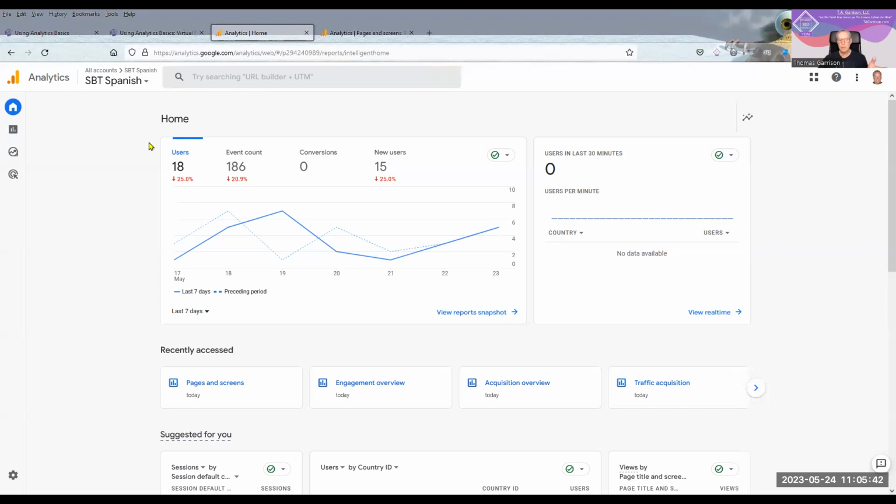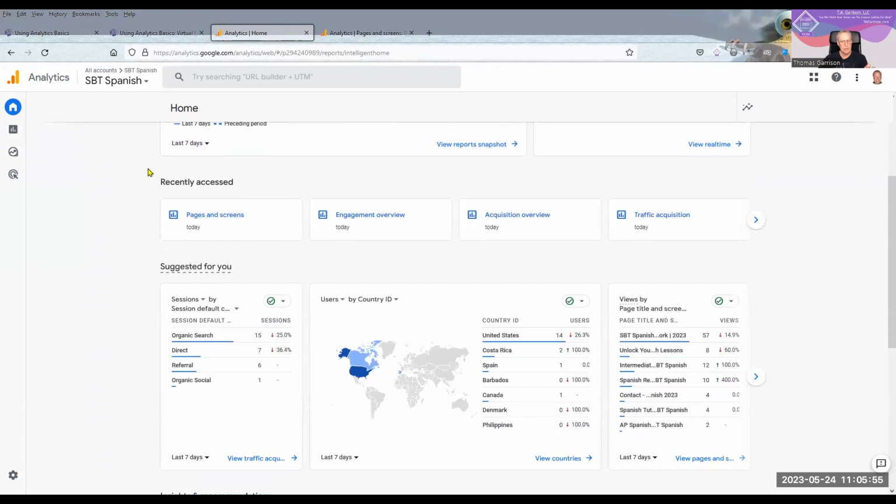You come to the home page usually as the first spot, first thing that you're going to see. You can glean a bit of information, but this is really overall for the whole site. It's not telling you anything about specific pages, just that you've got some organic searches, direct searches, referrals. Organic search would be somebody who comes through a search engine, whether it's Google or not, doesn't make any difference. It's still an organic search.